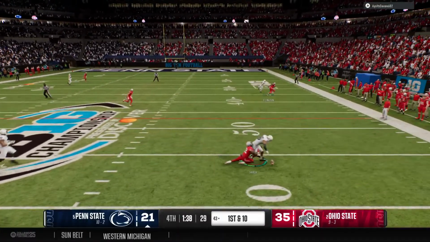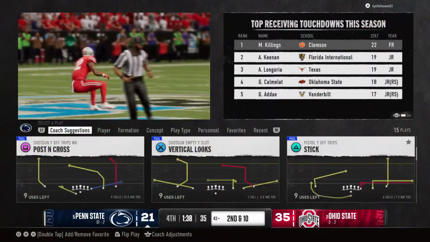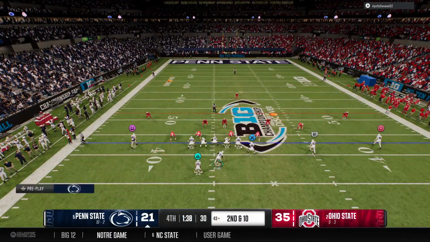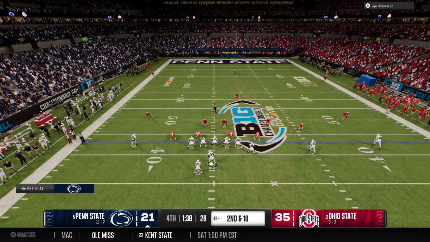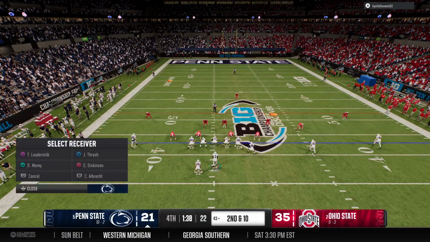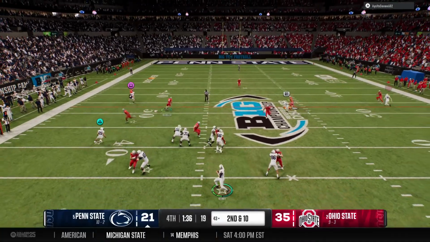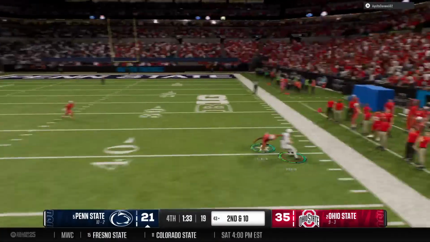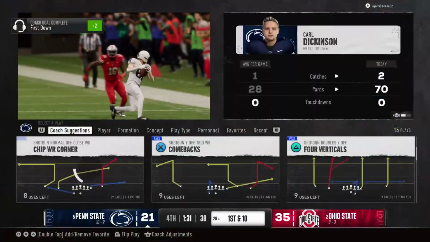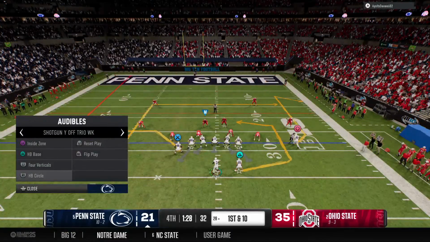Bringing pressure. And it's incomplete. The defender arrived the same time as the football, and now it's second down. You get a tight end like this, and you know he's used to dishing out the punishment, but here, he's the one that has to absorb the contact, and as a result, he's unable to hold on to the football. Looking to pass here on second down. Tries the right with a quick throw. Finds a man downfield. That's a big gain to the right. That's an explosive gain. They've got him, but the gain all the way to the 28. And Nittany Lions begin a new series here, 1st and 10.